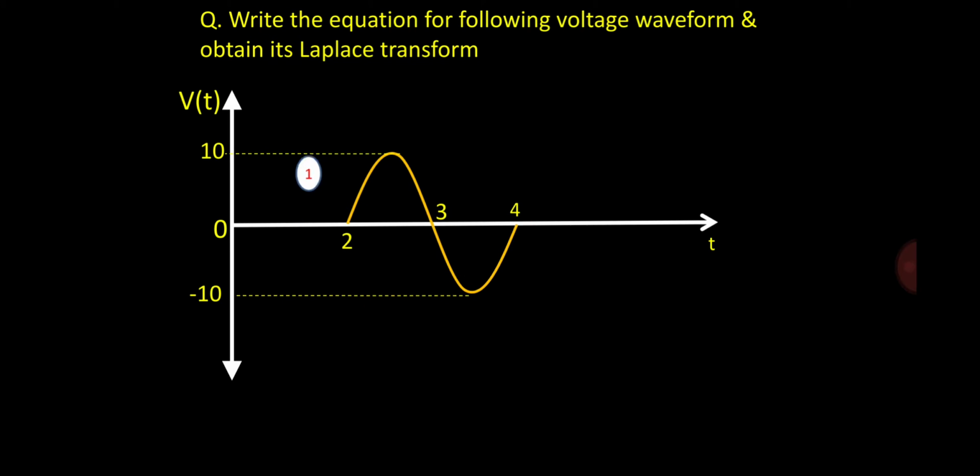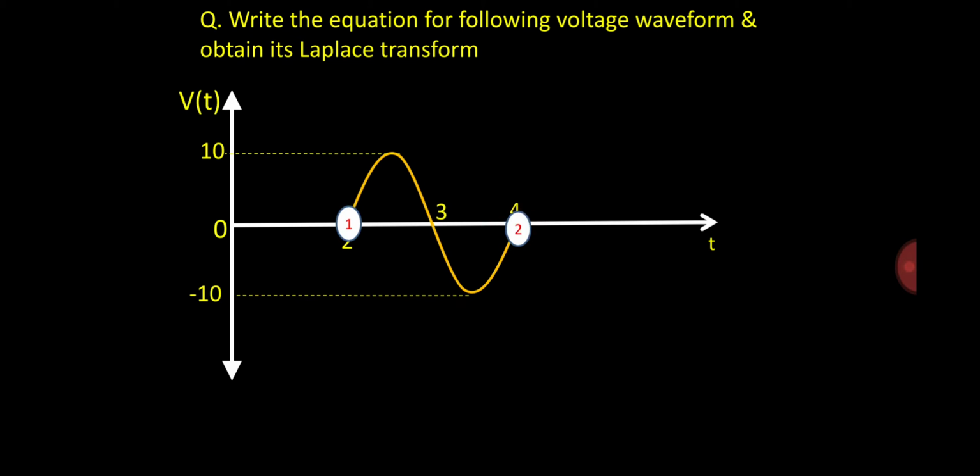Now always remember one thing, for any sine wave we have to write down two equations. The first equation is for the starting point of that waveform and the second equation is for the ending or finishing point of that waveform, whether that waveform is half wave or full wave. Here we are having full wave, positive half cycle and negative half cycle both are available, so this is full waveform. Sometimes you may be given only half waveform, even then you have to write down two equations, first for starting point and next for finishing point. So here the starting point is at instant 2 and finishing point is at instant 4.